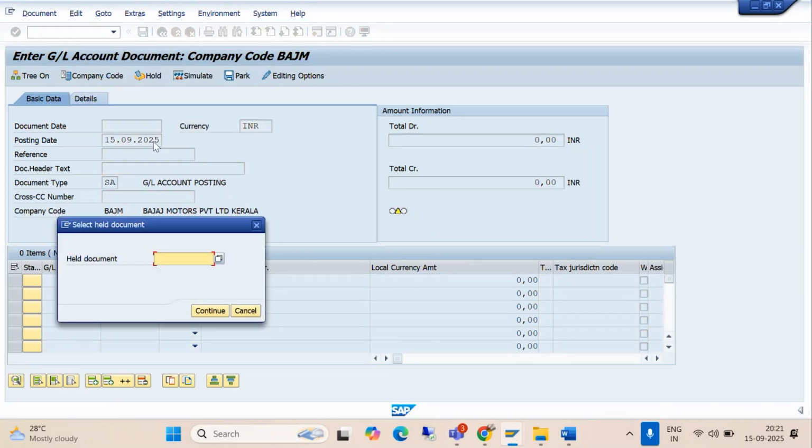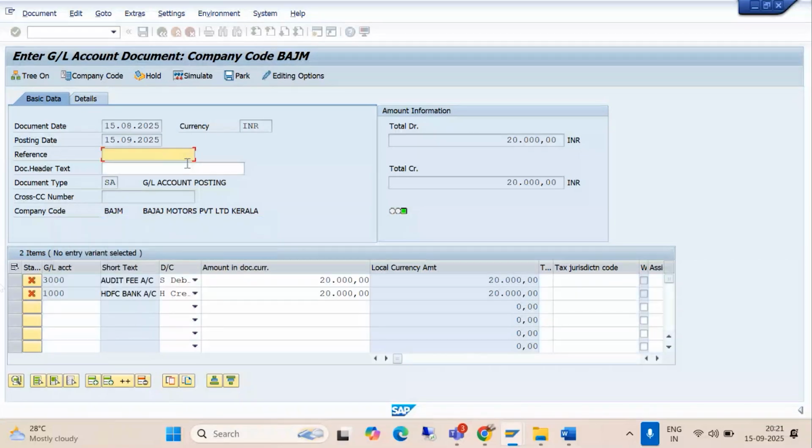System asks the held document 1, 2, 3, 4, 5 and continue. And if you see here, three cross marks means you just have to give some information over here. I will give here audit and just press enter, and it will convert into two green tick marks. So whatever field was lacking information, we have given the information here as audit